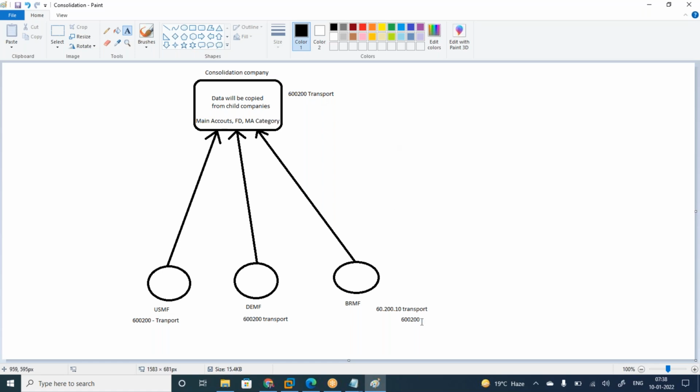Otherwise, in the parent company code, when we create the chart of accounts, we need to keep in mind the nature of business of all three company codes. So nature of business means ledger accounts, am I right? Yes, exactly, because in the consolidation company I want to see the balances for each and every account.